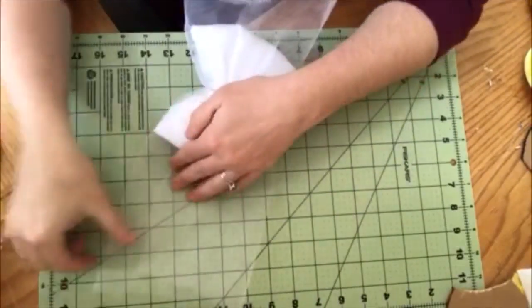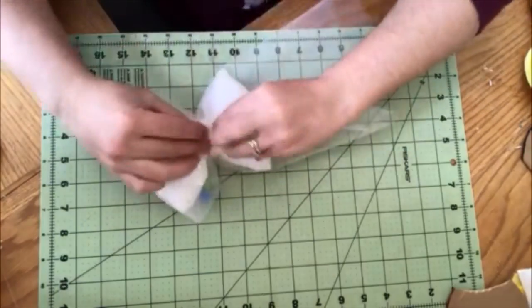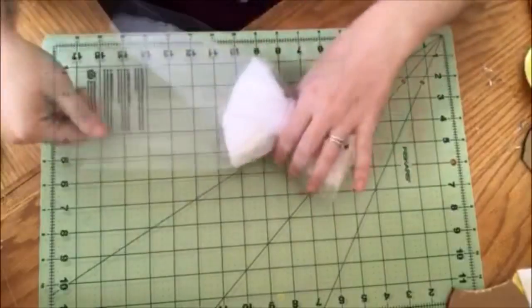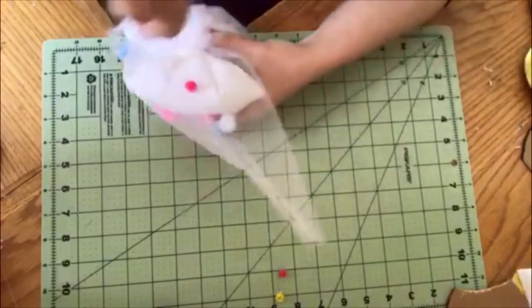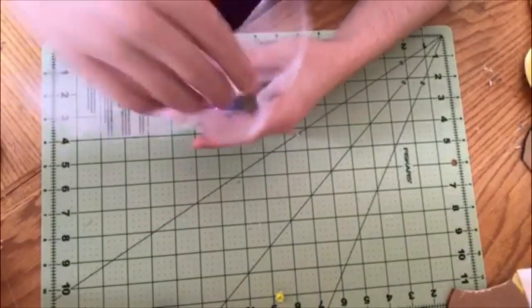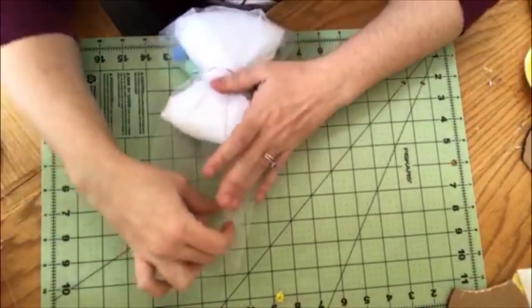And we're just going to line up this tulle here. This takes a little bit of manipulating, but again, I just fold it up like an envelope and I will stick it under that little elastic that we have here. Don't worry about the placement of the pom-poms yet. You will be able to move them however you want to when you are finished. Our main focus right now is getting this tulle to fit this bow,